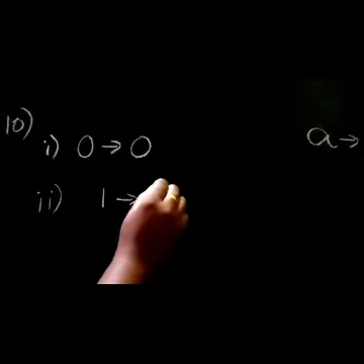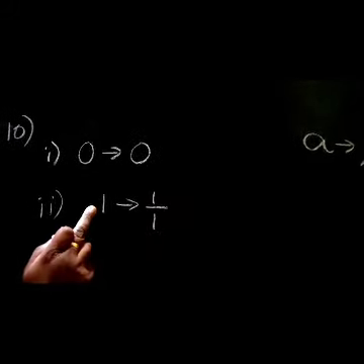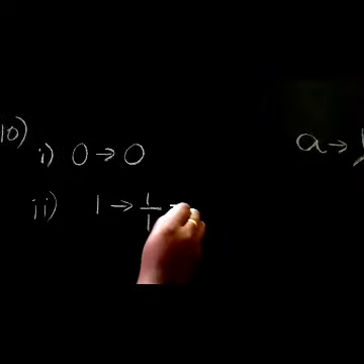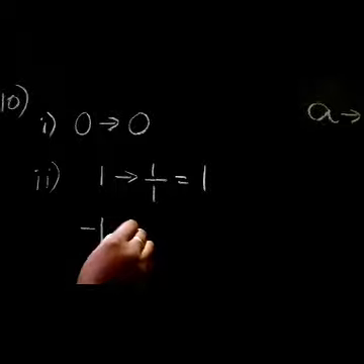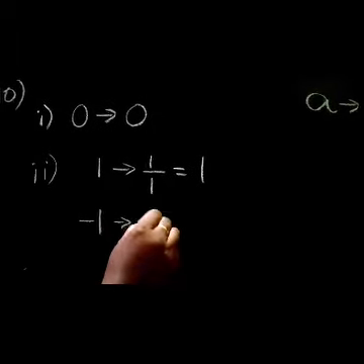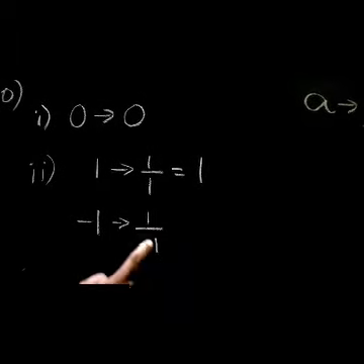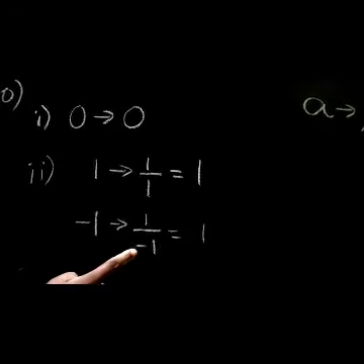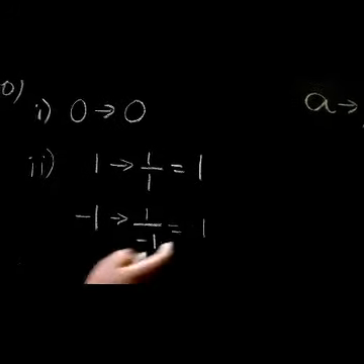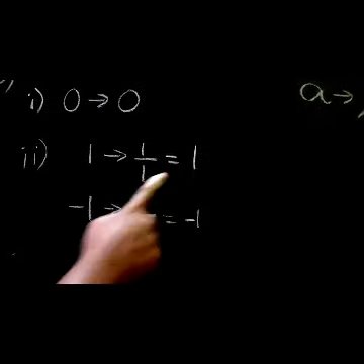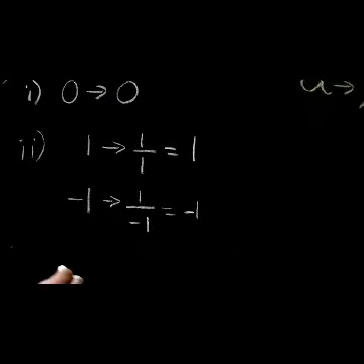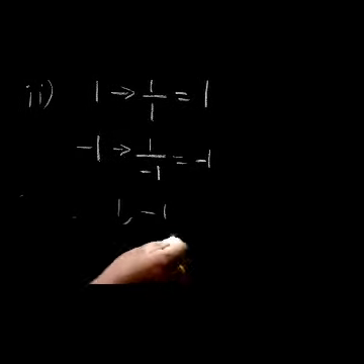Now, the reciprocal of 1 is 1 by 1 we can write, numerator 1, denominator 1, but 1 by 1 also is 1 only. Same, minus 1 reciprocal is 1 divided by minus 1. 1 by 1 is 1. Numerator minus or denominator minus, it will come minus 1 only. So, 1 reciprocal is 1, minus 1 reciprocal is minus 1. Therefore, 1 comma minus 1 are equal to their reciprocals.